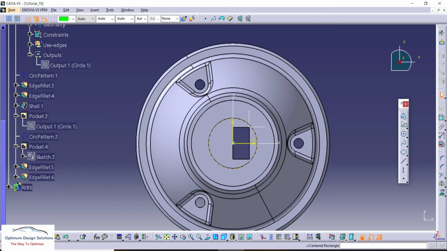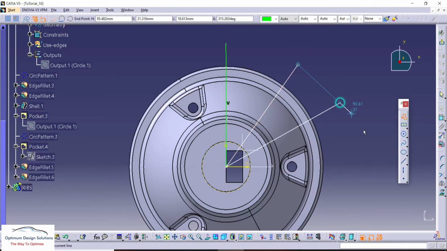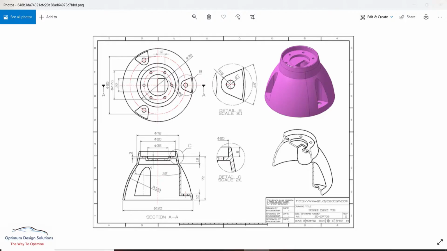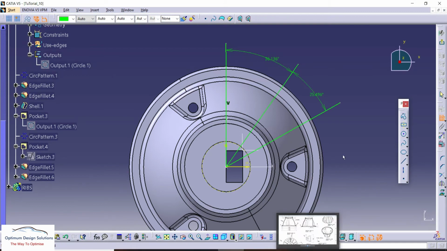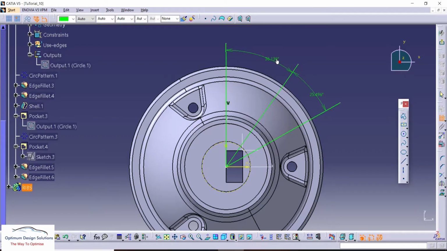So there are 9 ribs starting from the initial point, and mostly it is 30 degrees from each other. So those are 9 ribs.